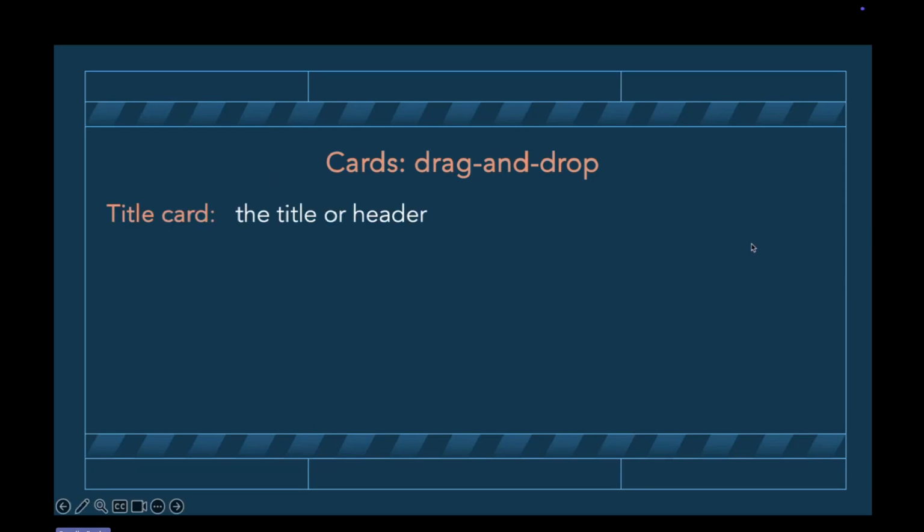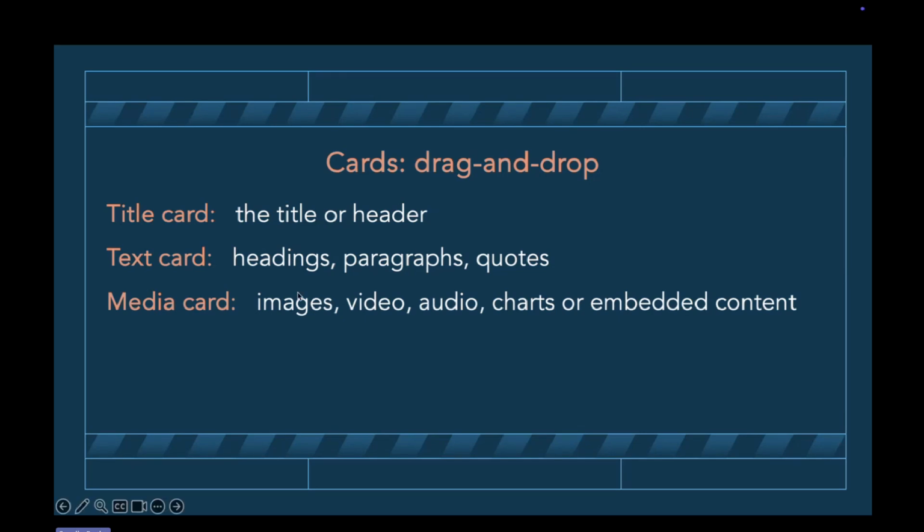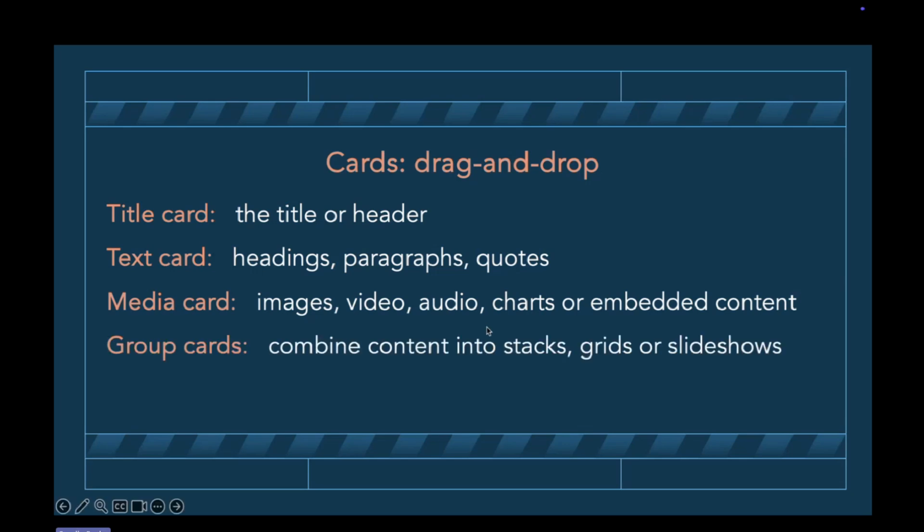Okay, so let's have a look at this before we head over to the actual demonstration. There are title cards where you can put either a title or a header. There are text cards where you can put in a little bit more than just a title, like a paragraph or a quote. Then there are also media cards where you can insert images, videos, charts, and the beauty of this compared to MailChimp, if I may, there are lots of pictures or images available for you. You don't even need to have your own, like in MailChimp, where you need to have your own pictures.